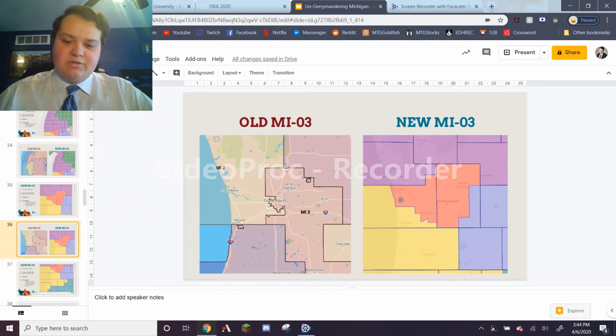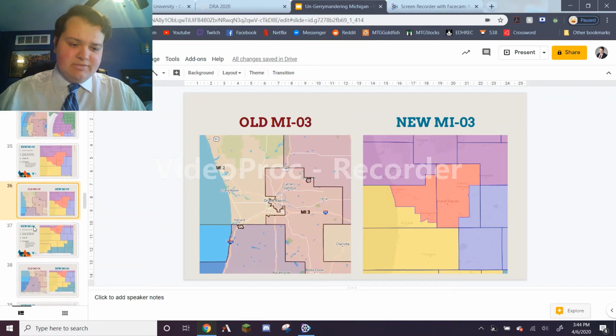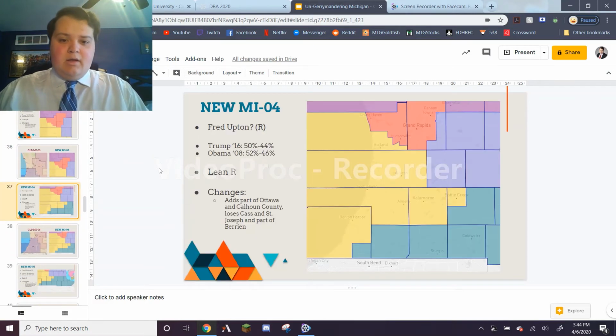It goes out towards western areas, towards Lake Michigan, and parts of Ottawa County that I think are really a big part of the suburban Grand Rapids metro, which is why I wanted to include them, because these are a lot of people that live in Ottawa County but commute to Grand Rapids every single day for work. It's a growing population. The next district is the new 4th district.